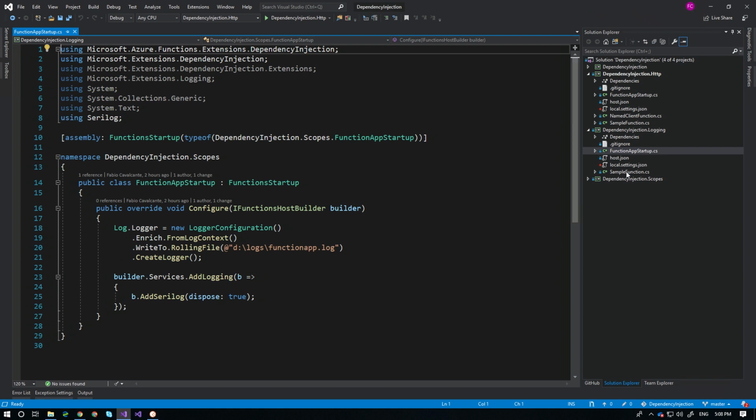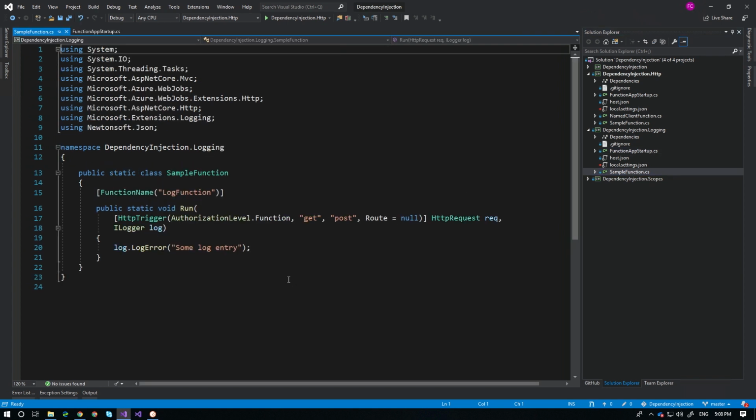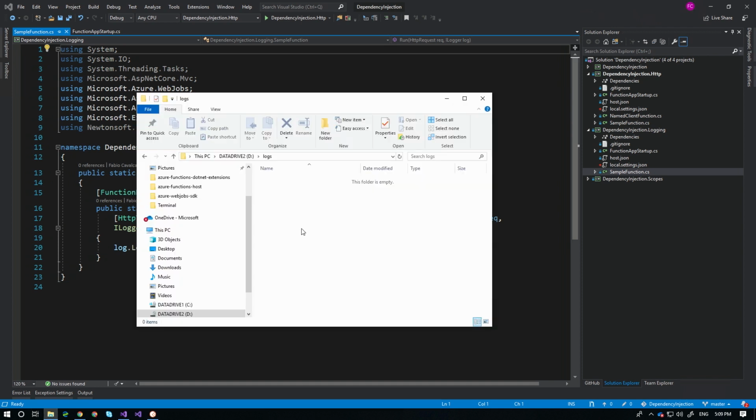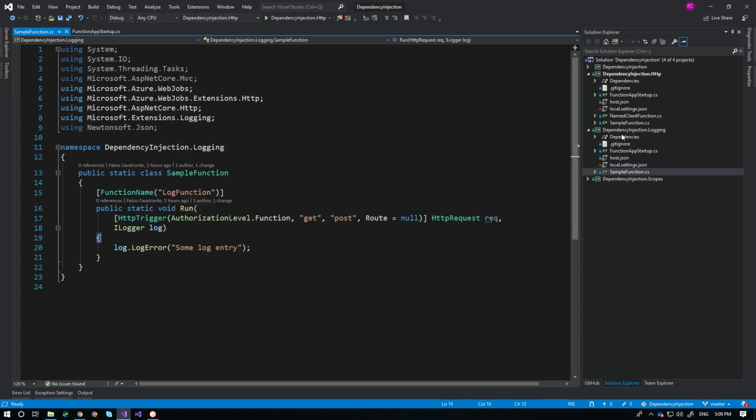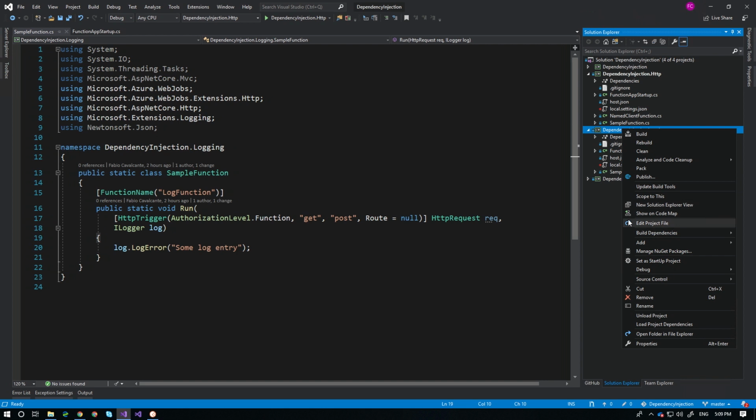What we'll see here is that in this particular case, my function is as simple as it gets. It doesn't even return anything. It's just a function that will log an error, and we have some log entry. I'll open up here the folder that we have set up, so we don't have anything in that folder right now. So if I was to actually run and execute that function,